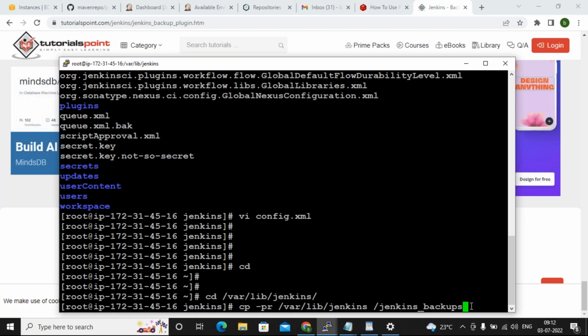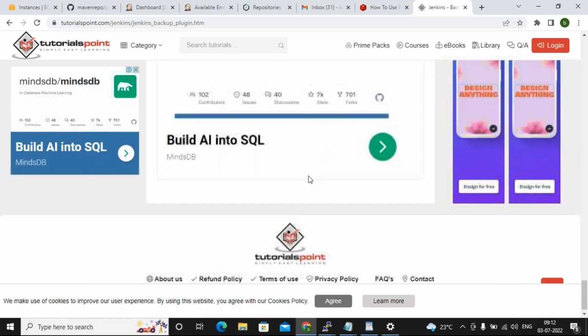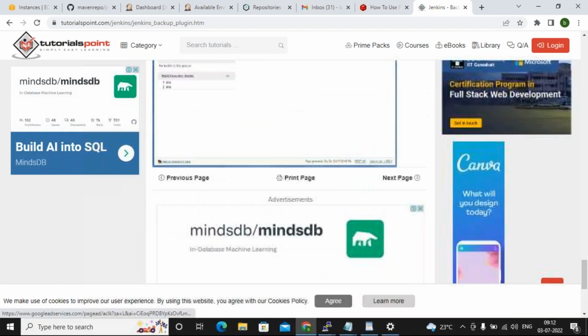You can write a shell script, because you need the date also, right, daily for your backup. So today it's 3rd July, something like that. In that way you can take the backup. Or else there is a backup plugin also, as I told. By using the backup plugin also you can take the backup.